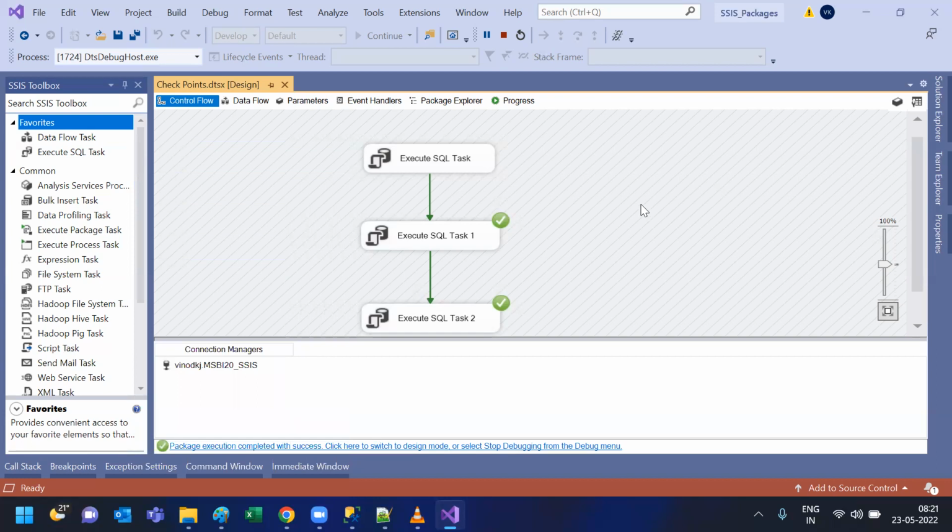Now you see, even though there is no error, still it is starting from the second point only,